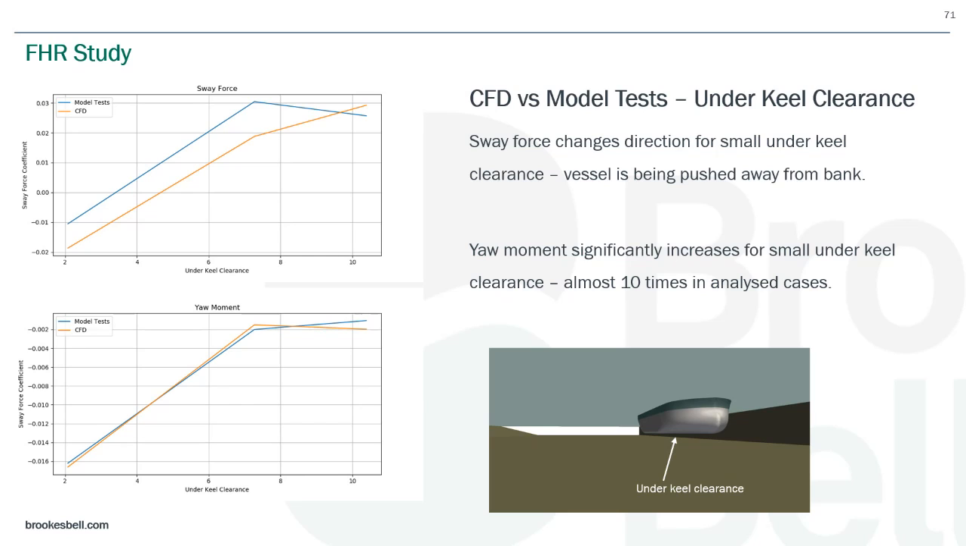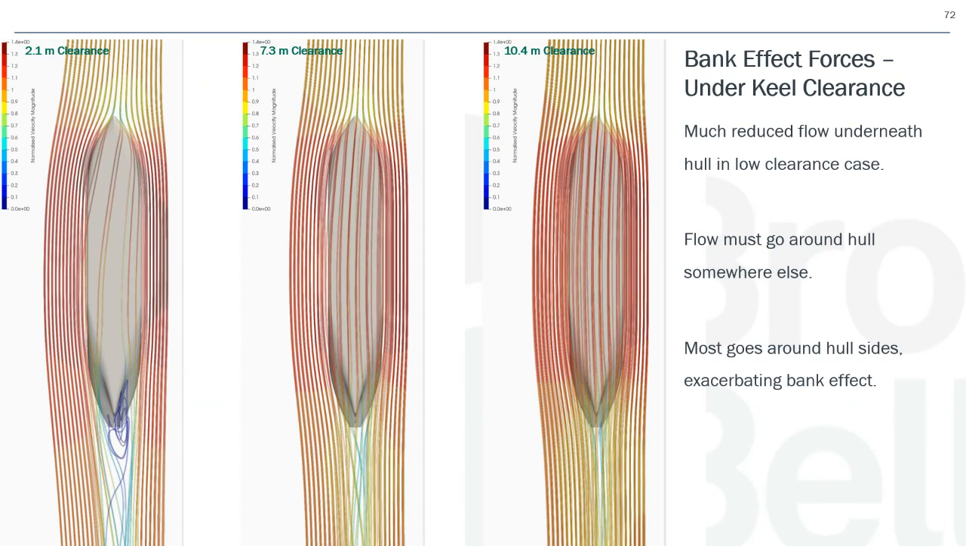So when you go from 7 to 2 meters in your yaw moment, which is the bottom diagram there, it's like 10 times higher than it was at 7 meters. So you can see that it's an order of magnitude higher just by reducing your under keel clearance. And so you can see that when you start applying that to real world situations, that could potentially be very significant. And if we just explain quickly why that occurs, so this is your streamlines in your 2.1 meter clearance case,